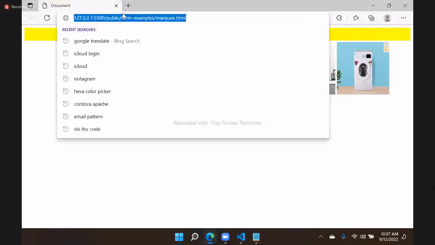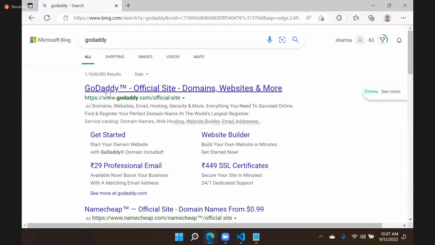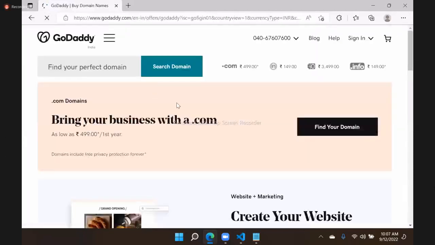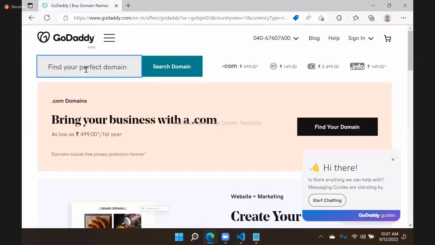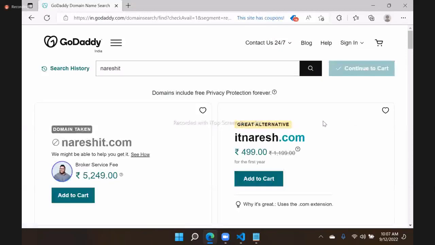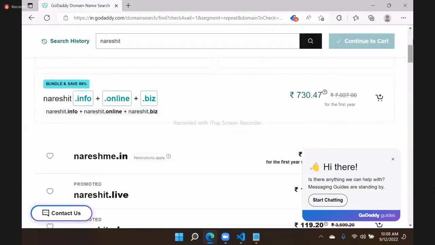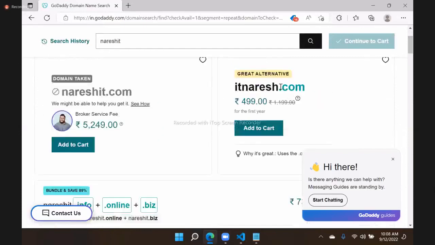Suppose, what is it? GoDaddy. Yeah, GoDaddy is one website. I will open this and you can see it is asking to search for your domain. We will search which website we want. Suppose I am searching for Naresh IT and a search domain. And you can see it is searching and it is saying that domain is already taken. That means it is not available, but there is a domain called itnaresh.com and it is available for 499